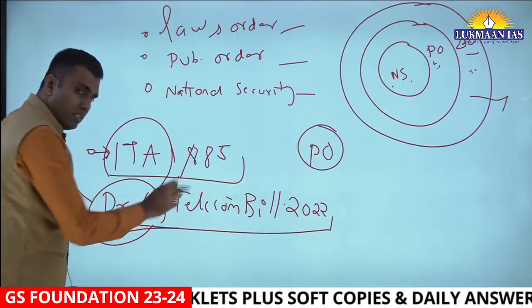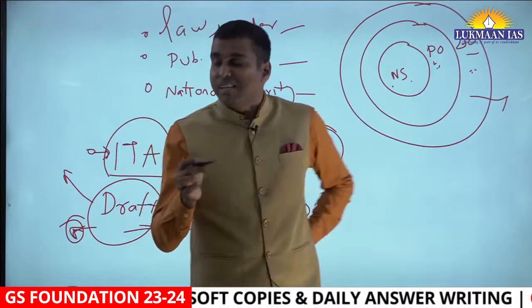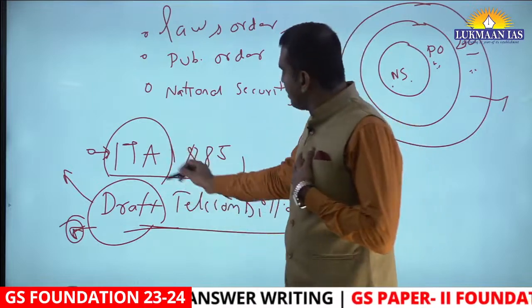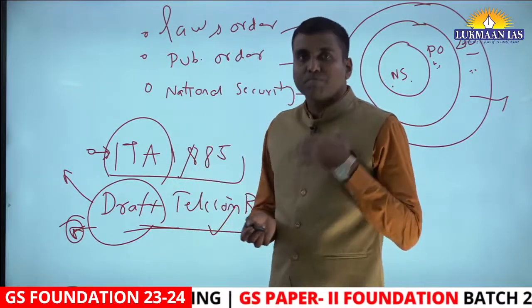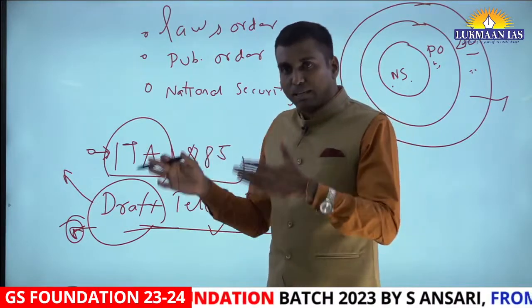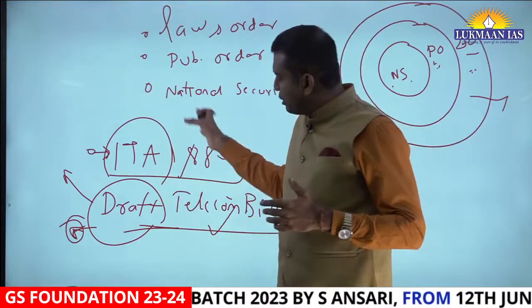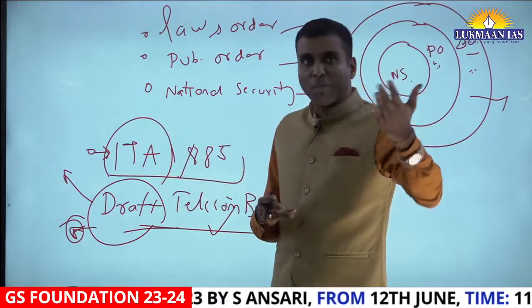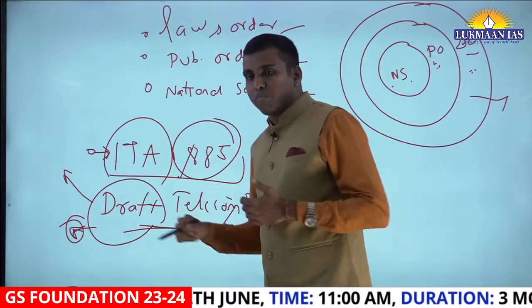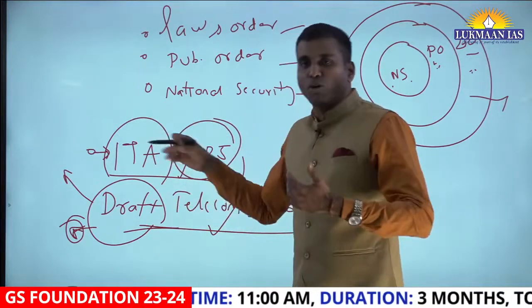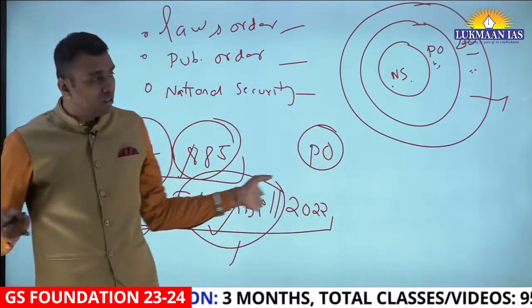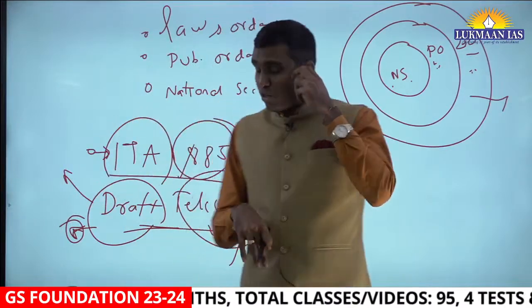This is a draft. So what we will say, the draft telecom bill which is in the public domain, or whenever the telecom bill is enacted, it can contain those provisions which balance the rights of the individual as well as the needs of security of the state. It can also incorporate the guidelines given by the Supreme Court as far as Anuradha Bhasin is concerned. It's a modern law trying to replace a colonial law. It cannot have a colonial philosophy in this law. We will deal with the draft telecom bill later if possible, although I have taught this draft telecom bill in the previous CD batch. Anyway,